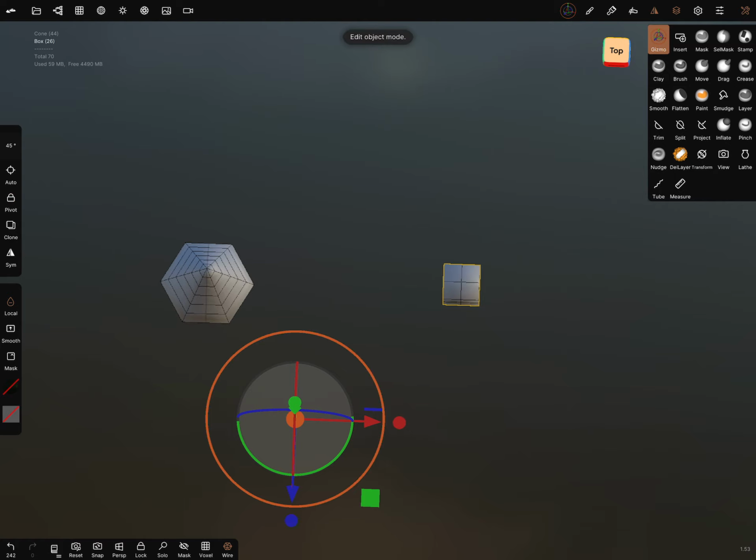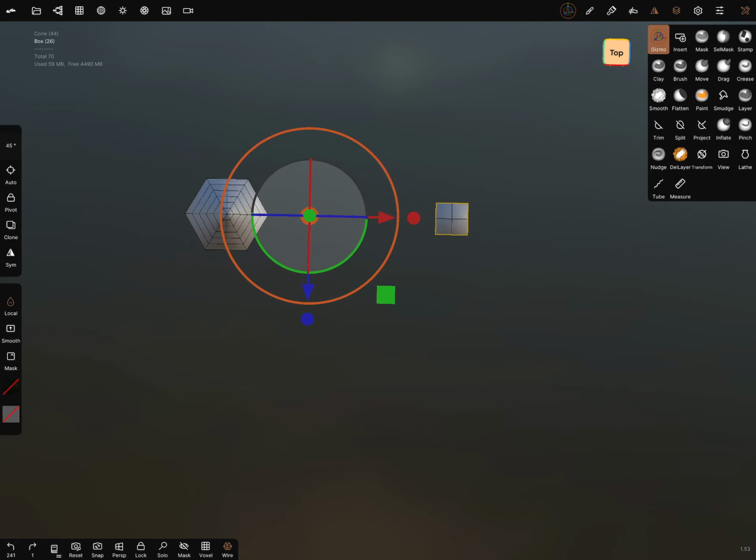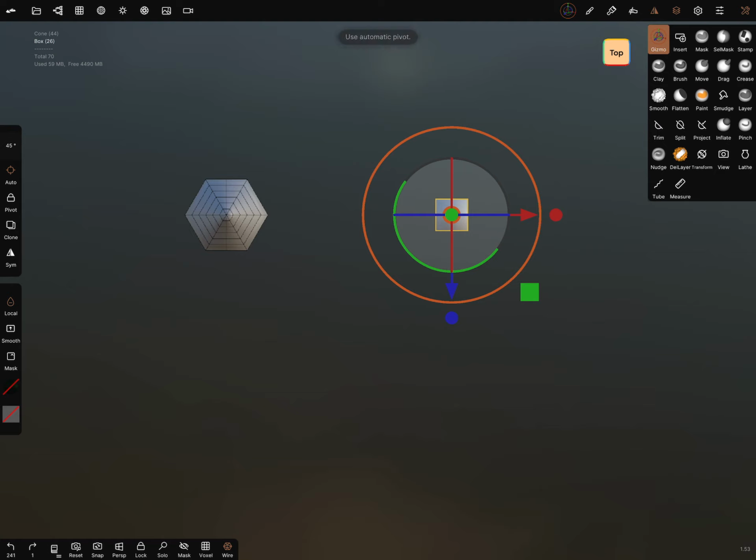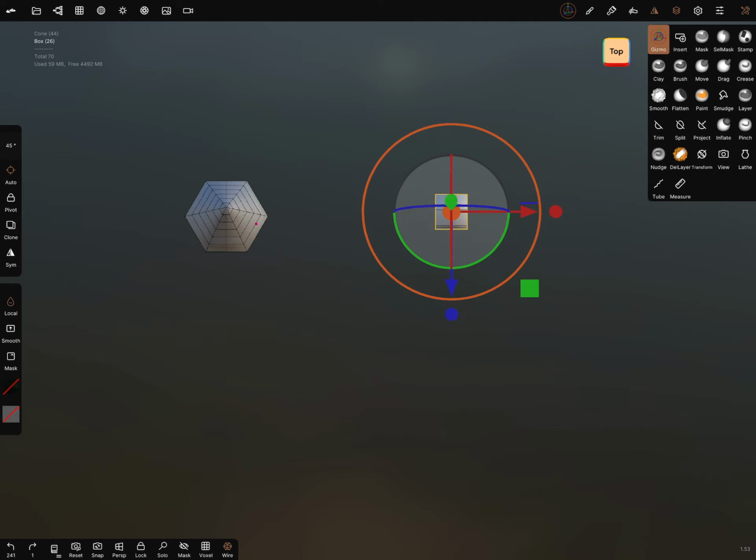And when I switch it off, go to the top view, it rotates around this point. Okay, I go back. And when you activate the auto, it jumps back to the middle of the object.